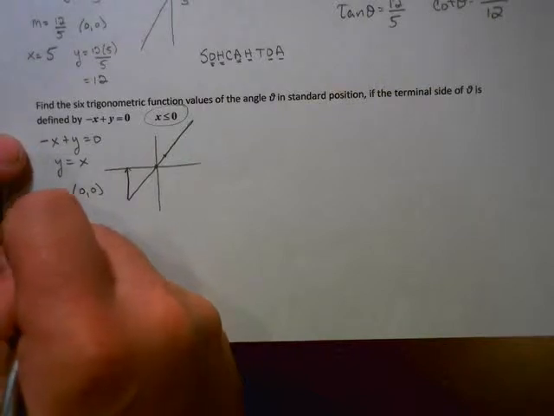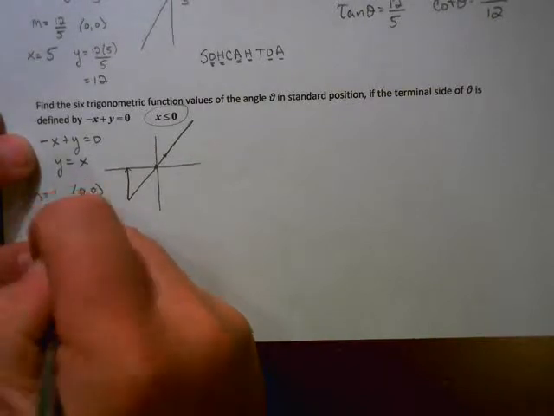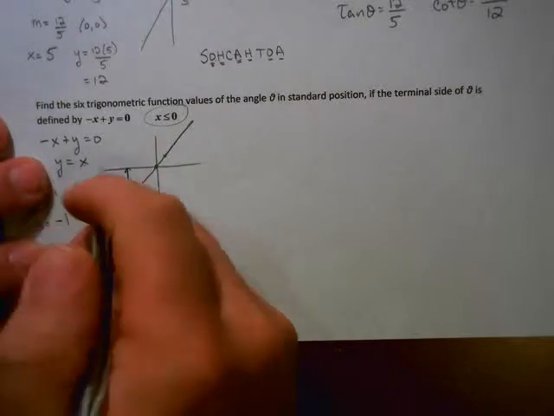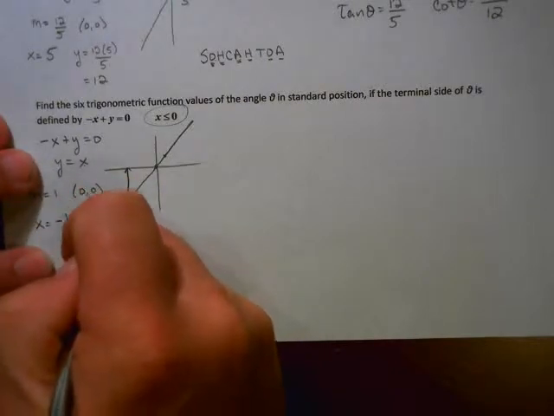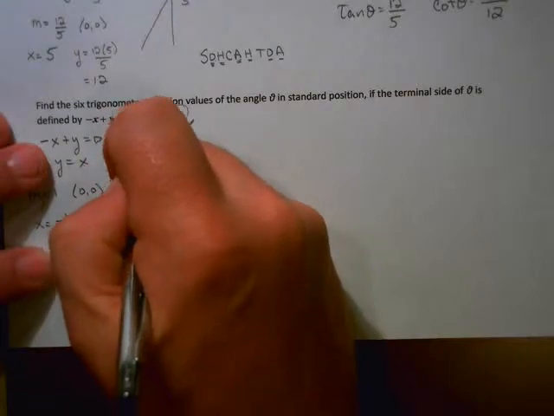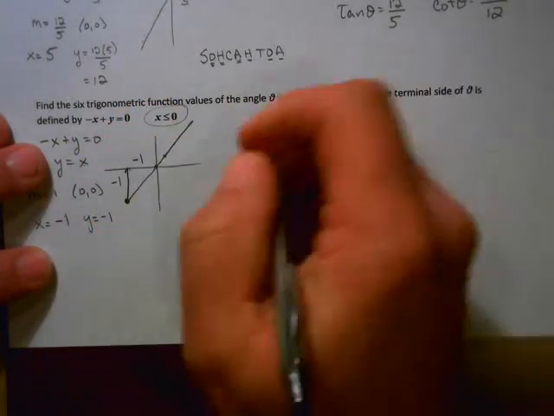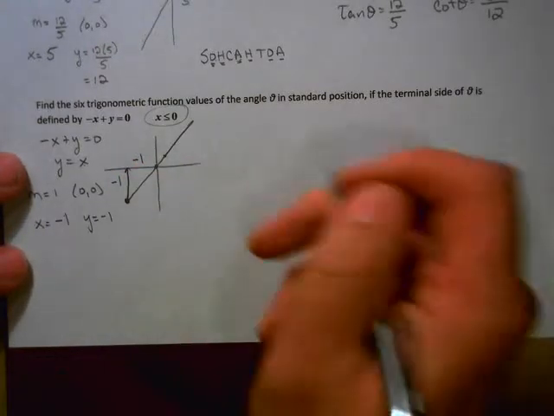Now, pick anything you want. We'll say when x is negative 1, since y equals x, then y equals negative 1. So this is x negative 1, y is negative 1, which would give me that point. We still have to find the